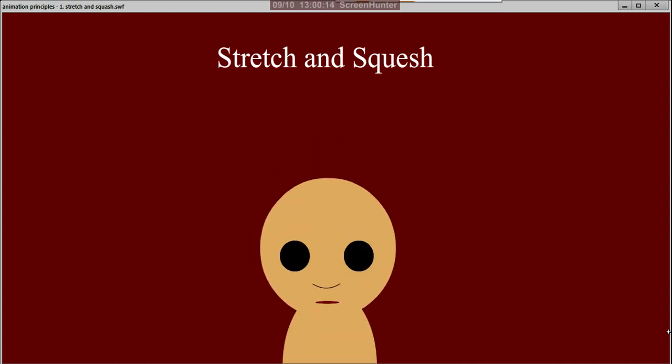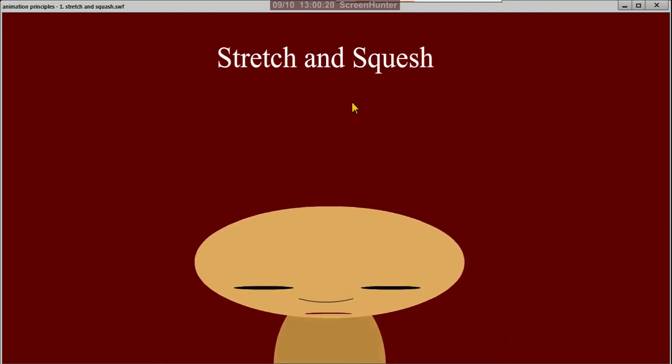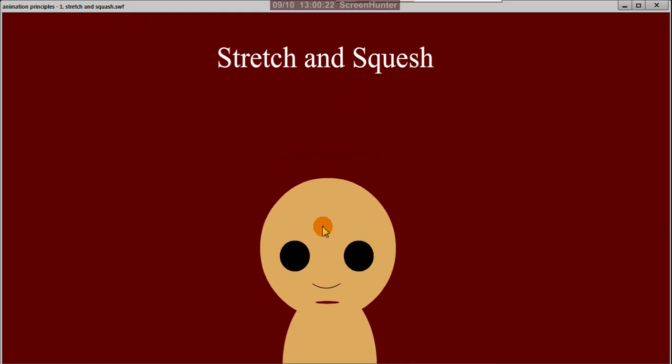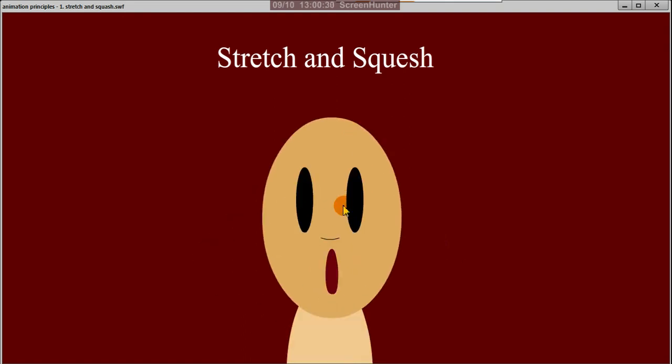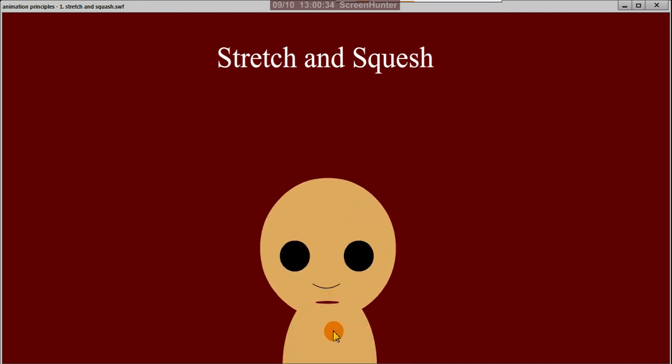So this is stretch and squash. Understood? So after squashing, and this is stretching. For the stretch, he is taking anticipation, nothing but the opposite direction: getting down first and then stretching the head and settling into the normal position.